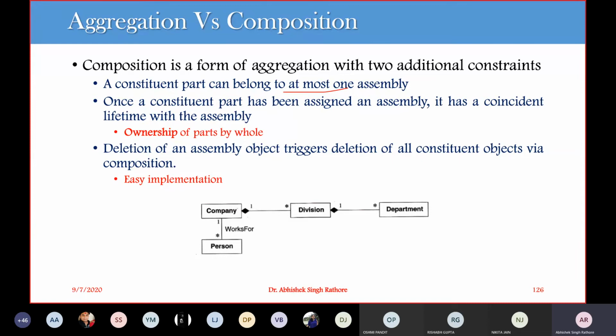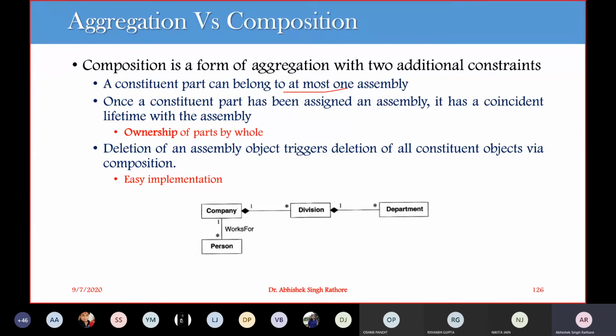So SVV has the ownership of SVIT. Whenever you have a single whole and part relationship, you are going for aggregation. Now if this aggregation whole-part relationship contains ownership and the part belongs to only a single whole, then we can say that this is a composition relationship.